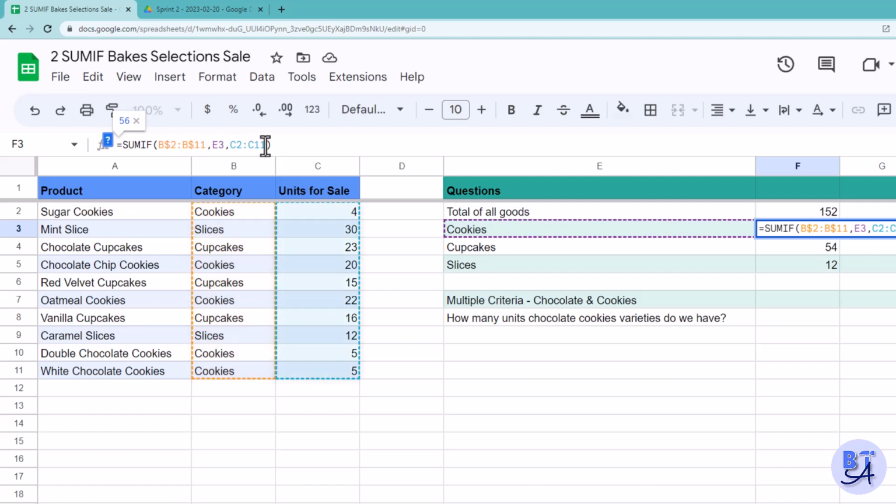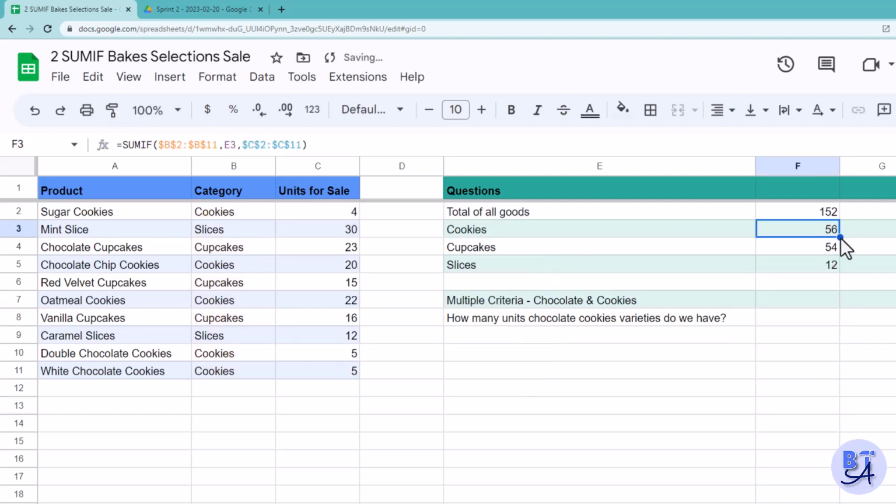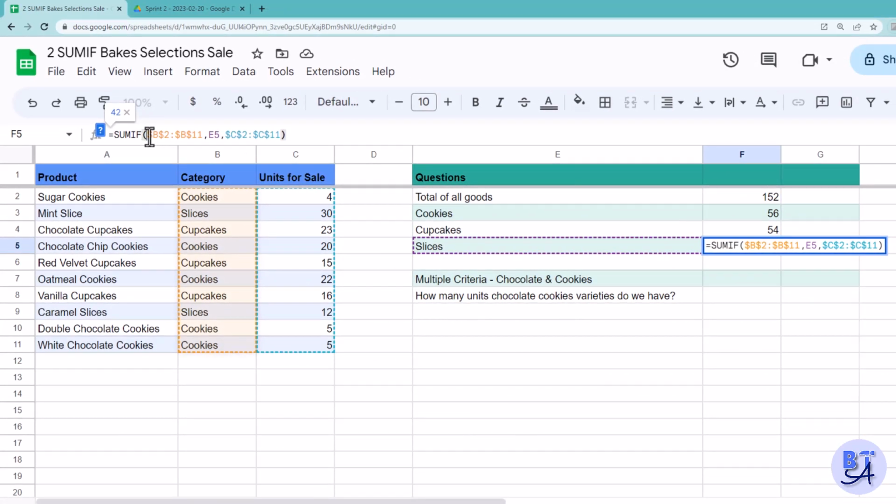That can be a little bit time consuming, so I have a little hack for you. If you use the F4 button, it will put in those $ automatically for you. So now that we have the $ in there, we drag that down and it will look them all up. You can see that the ranges are now the same, but it changes what it's looking up.